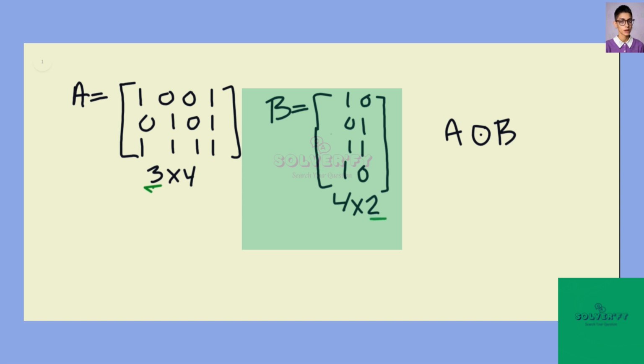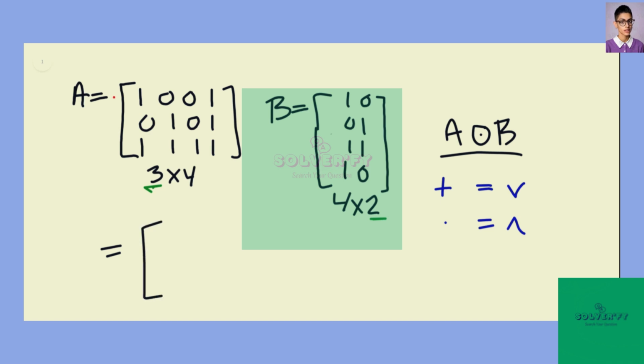And now the Boolean product is much like finding the product of a regular matrix, except instead of addition, we're going to be using the OR symbol, and instead of multiplication, we'll be replacing that by the AND operation, right? So, for example, as we take our product, this Boolean product here,